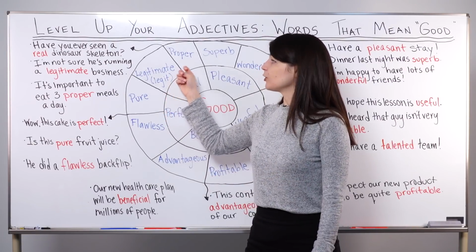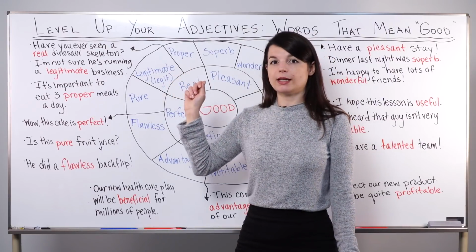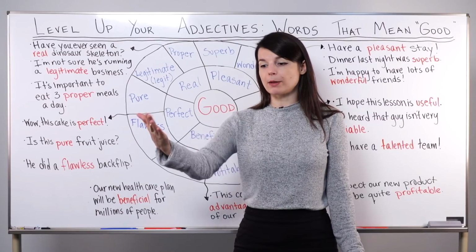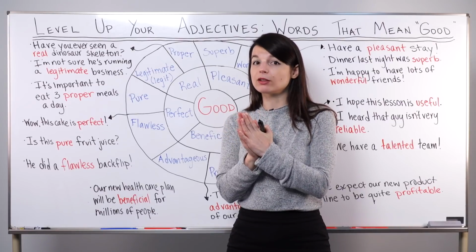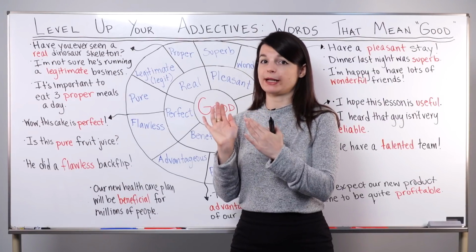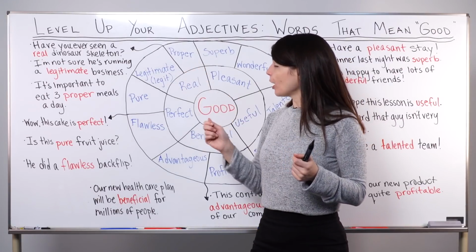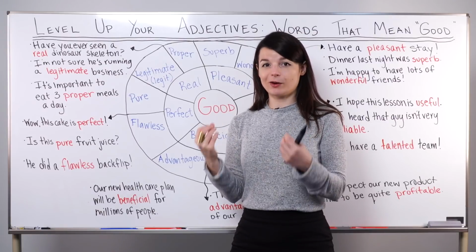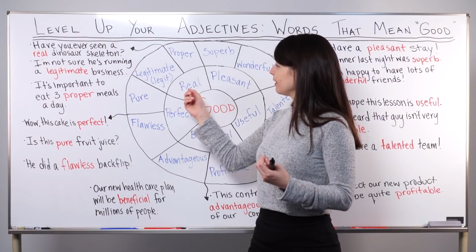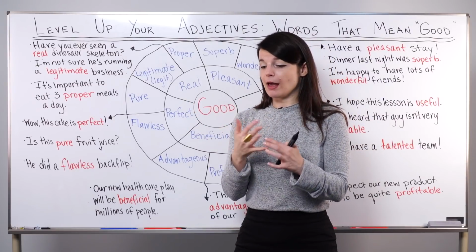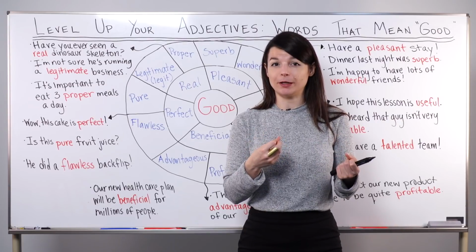So legitimate means true or correct or real, yes, but it's often used in business or in people's relationships to mean sincere or legal or correct. I'll show an example of this in a moment. Finally, this adjective is proper. So proper also means correct, but it means as expected. So something that is real is true, yes, and then proper means it's as it should be. It's supposed to be that way.